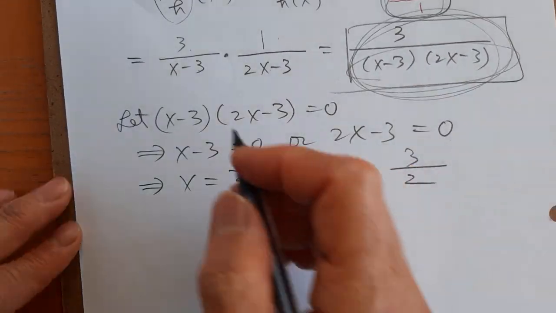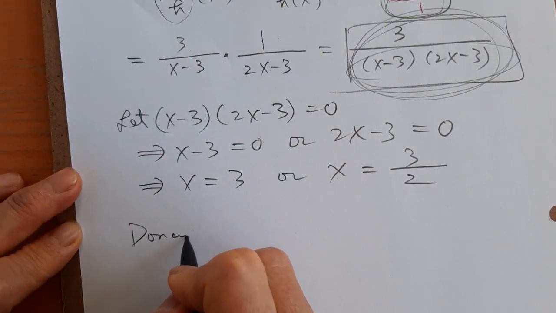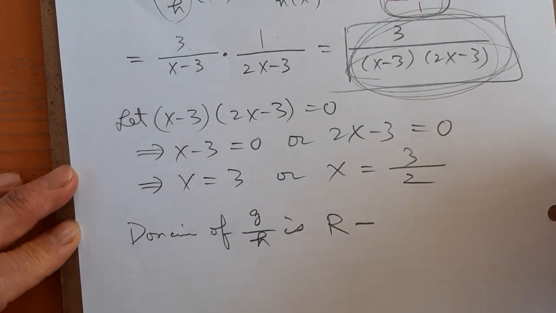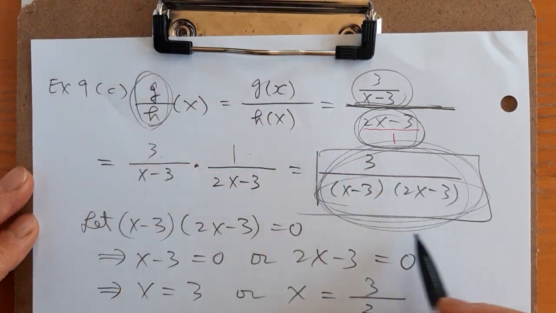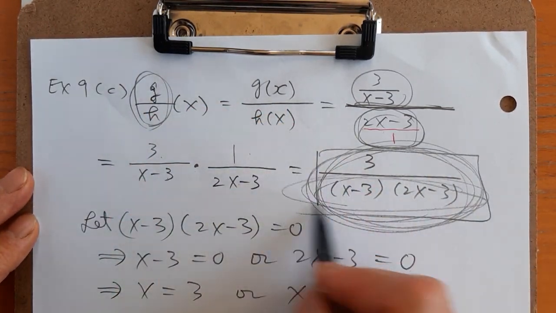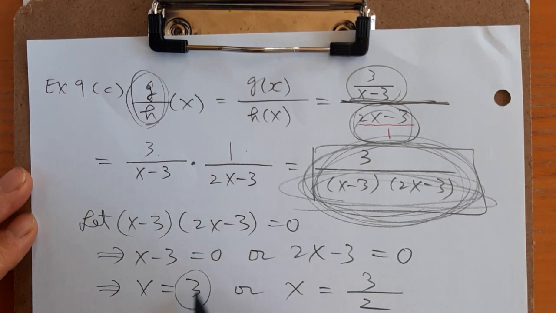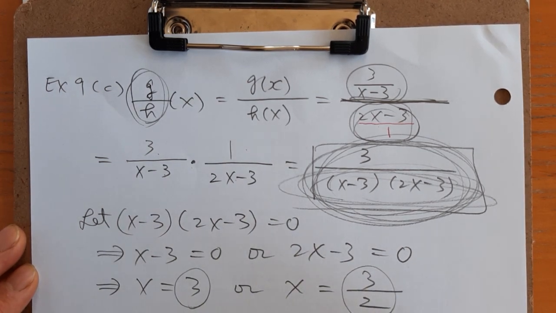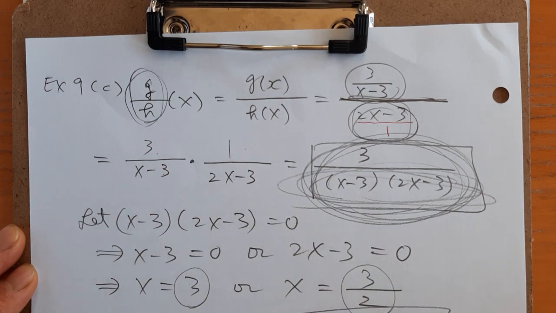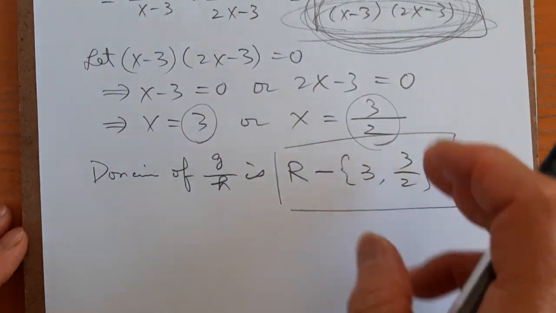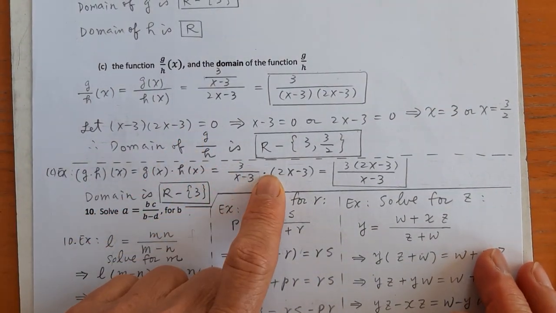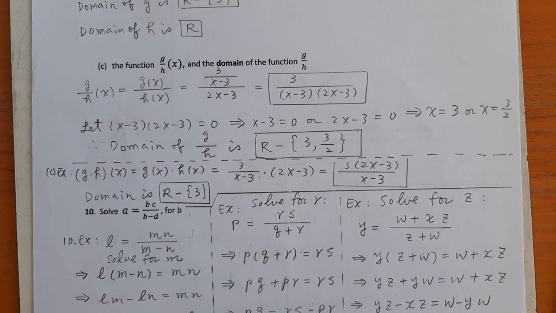So the domain of g over h is all the real numbers. For the g over h function, the denominator cannot be 0. The two numbers make the denominator equal 0. So it's all the real numbers except the two numbers 3 and 3/2. That's the domain of g over h. Then next one,